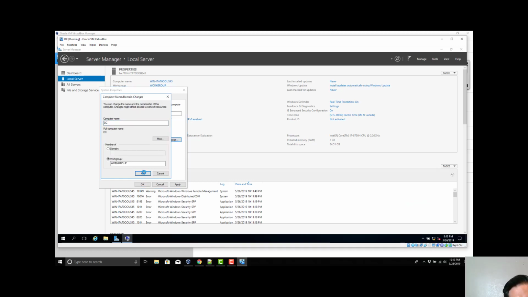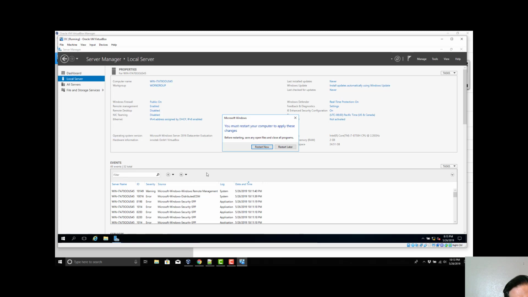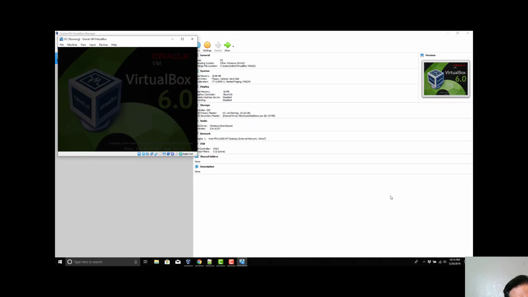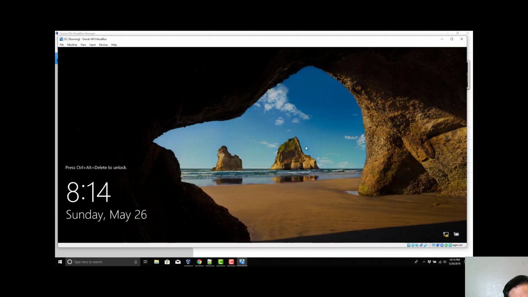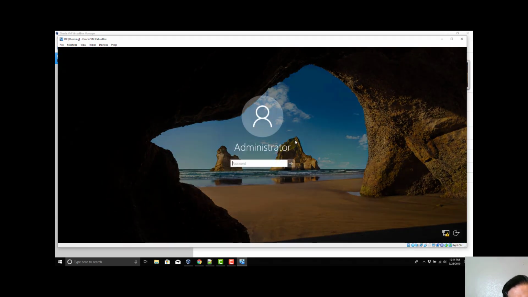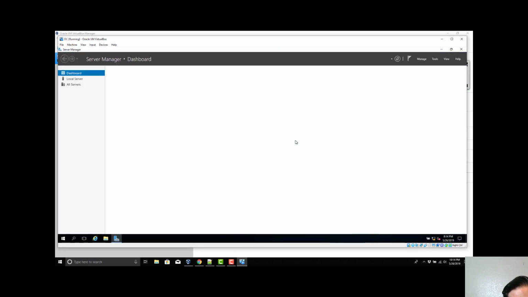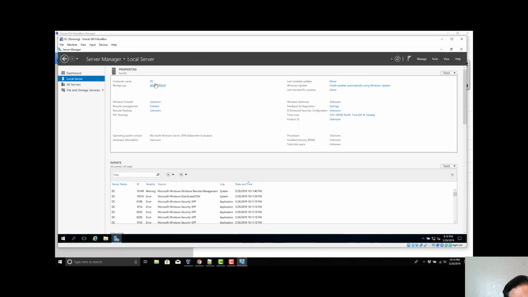We'll change the computer name to DC. So go to New Server. Changing the name does require a restart. Then the next thing we'll do is change up the IP addresses by going to the lower right hand corner to network settings, and we'll change it to